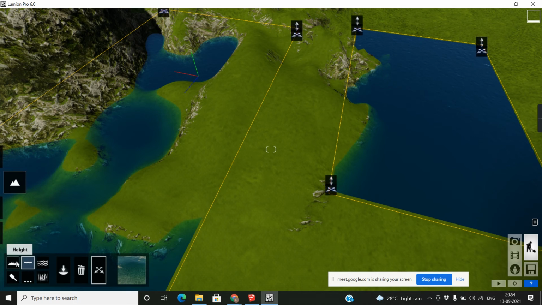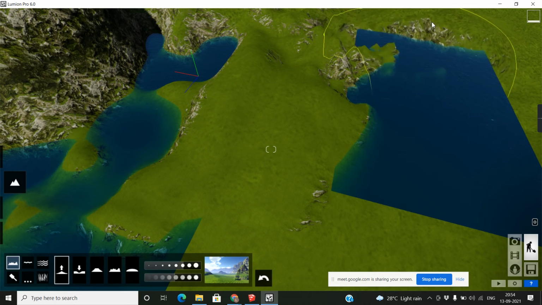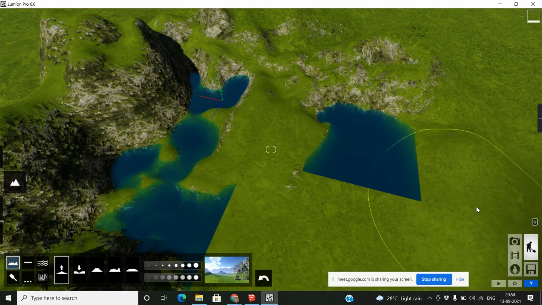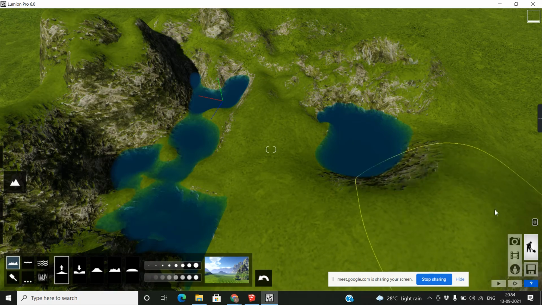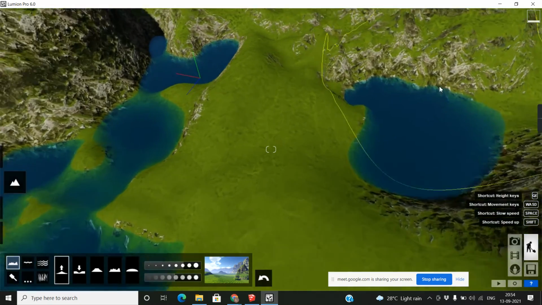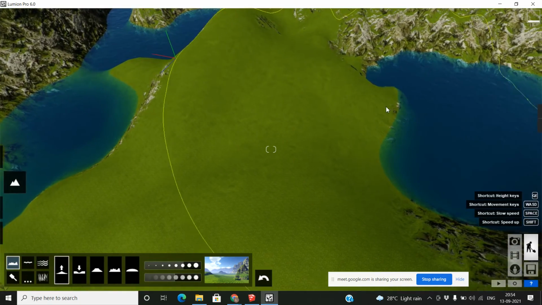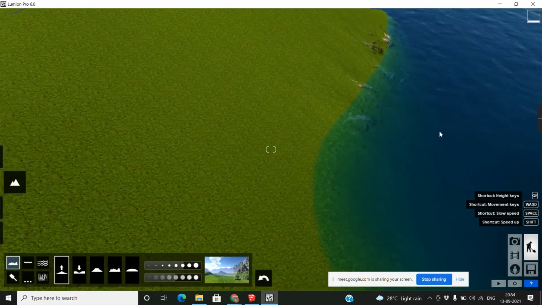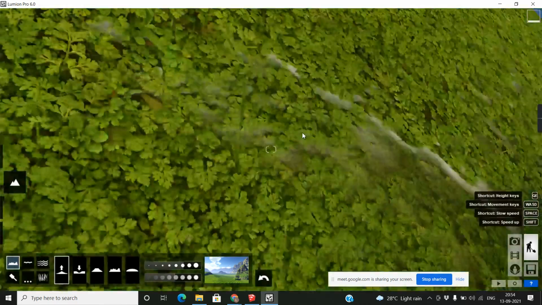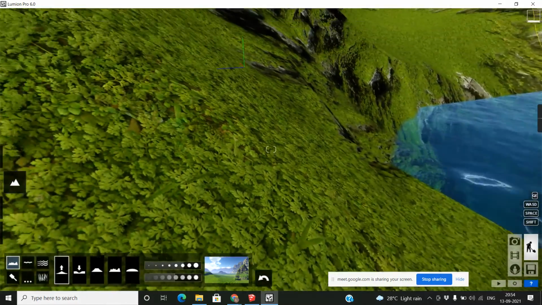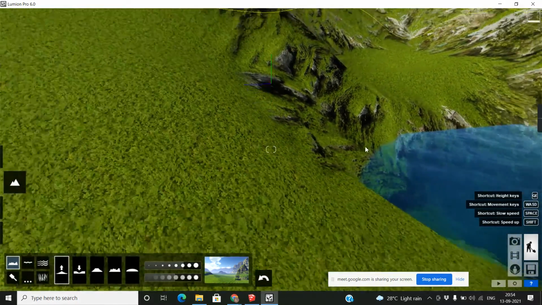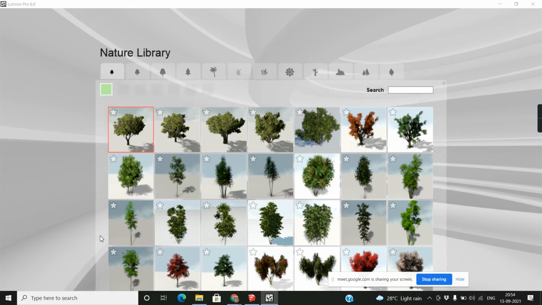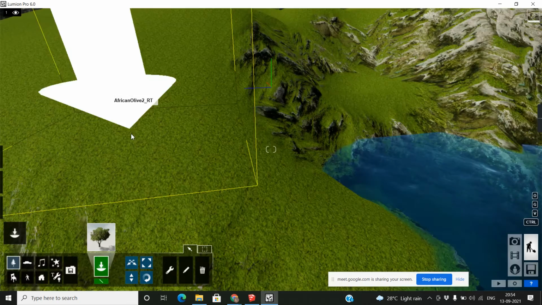And go to landscaping, move up, it won't be editable. Look. Okay. And meanwhile, if you require any tree, just go to object and this tree.